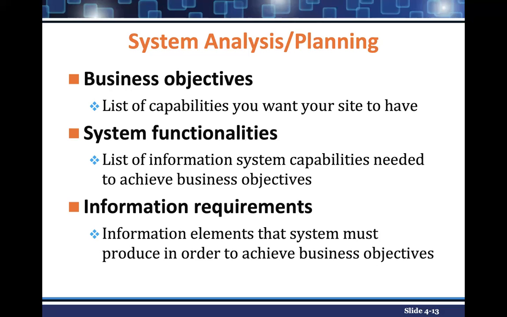Next, information requirements. This means the information elements that the system must produce in order to achieve the business objective. For example, if we would like to sell a car and the car must be shown in 360 degrees, so that you can use AR VR to help. How can you get that information? You need to have a repository to store those photos. And the photos that you should have, if you are a new car dealer,